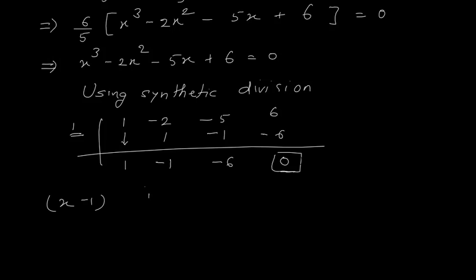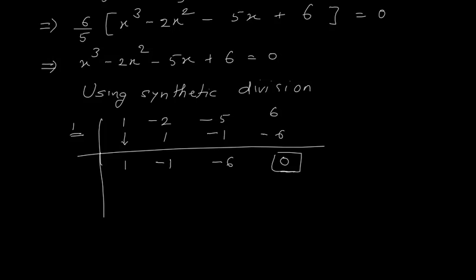Now like that, let us find a few more factors. Now when x minus 1 is a factor, the other factor will be x square minus x minus 6. You will get the other factor from here, which is a quadratic equation. So as you proceed, your degree is going down. From 3 it becomes 2, from 2 it will become 1, like that. So let us solve here only. I have got one factor. Now let us check for another factor.